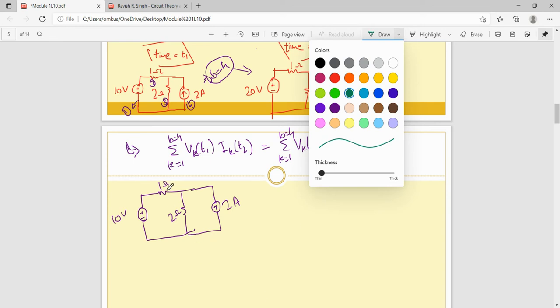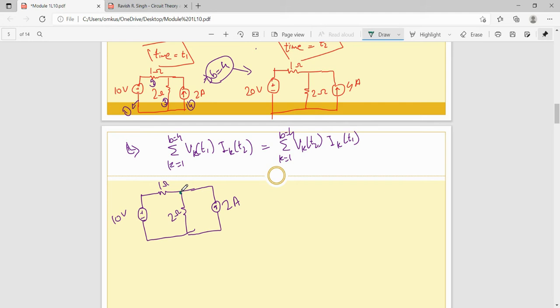Now see, when I used KCL, Kirchhoff's current law, I found V is equal to 8 volt, right? If this is 8 volt, the current flowing through this branch is 4 ampere, right? 4 ampere. It is positive negative. And if this is 8 volt, what is the voltage drop across this 2 ohm, 2 ampere source? It is 8 volt, right? Because this potential directly appears across this. You need to find this value, okay? This is your homework.